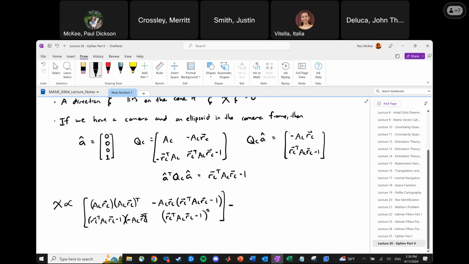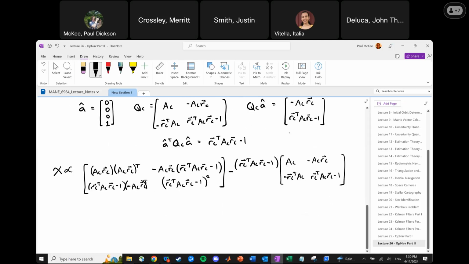This is minus RC transpose AC RC minus 1 being multiplied by the original Q matrix, which is AC, negative AC RC, negative RC transpose AC, RC transpose AC, RC minus 1. All right, so we've got some fun matrix math to do, and I'm going to skip a few steps because this is about to get really annoying if we don't. And I'll just say after simplifying,